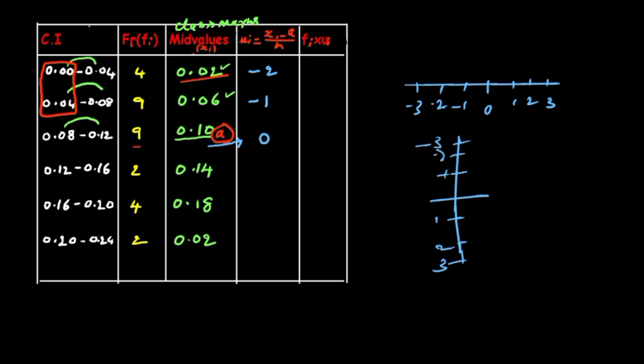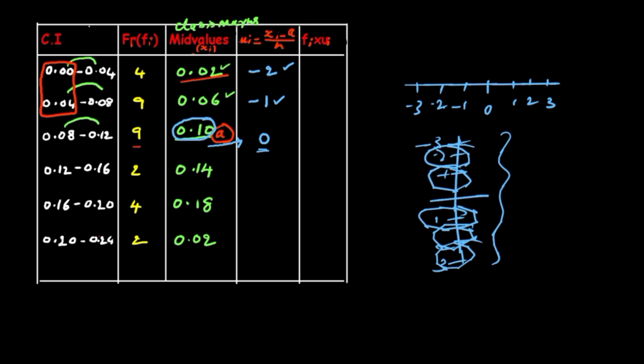This is just a technique, and this is not a y-axis. I didn't take a y-axis, so don't forget it. Just for the technique I am using this strategy here. So here it is 0, above it you have minus 1, next one minus 2. How did I get 0? This is the assumed value I took here, 0.10, so its ui is 0. If you work it out, you can use the formula ui is equal to xi minus a by h. Definitely you will get 0 in that column, right? The next ones after 0 are 1, 2, 3, and it will continue like this.